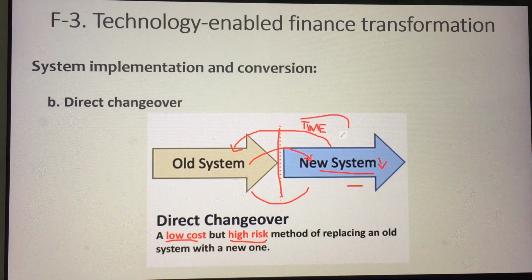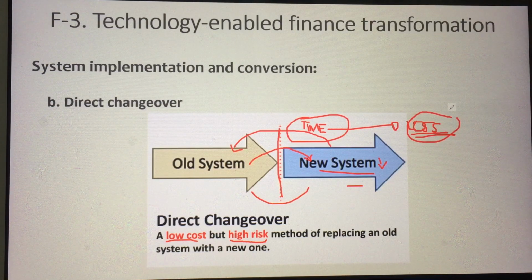It will take time for you to move from one system to another. And what's the rule? If you are wasting time, meaning your operation is not running. If your operation is not running, meaning you have a loss. How does it become a loss? Say, for example, a bank. The bank is offline for 5 days. Guys, meaning transactions cannot be made for 5 days. The fees you should have earned, you did not earn for 5 days. So that's already a loss on your part.